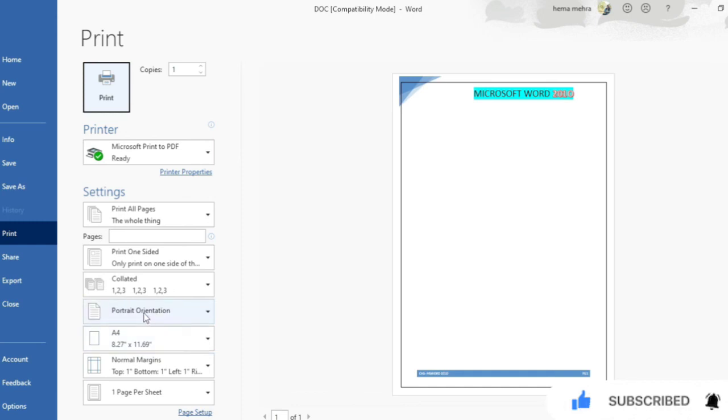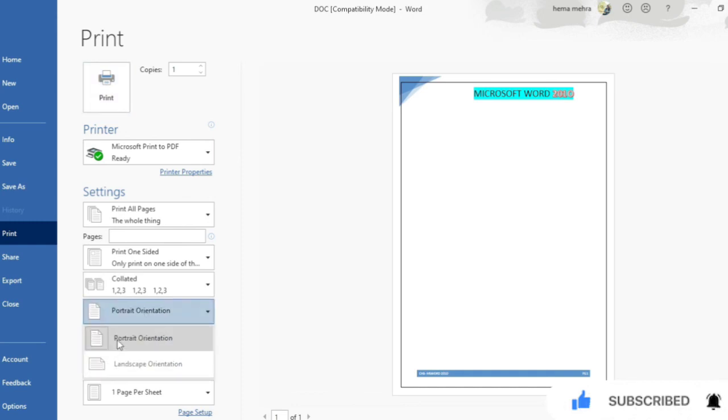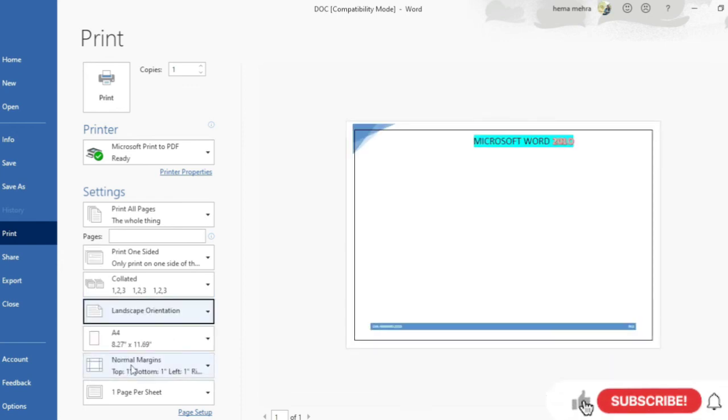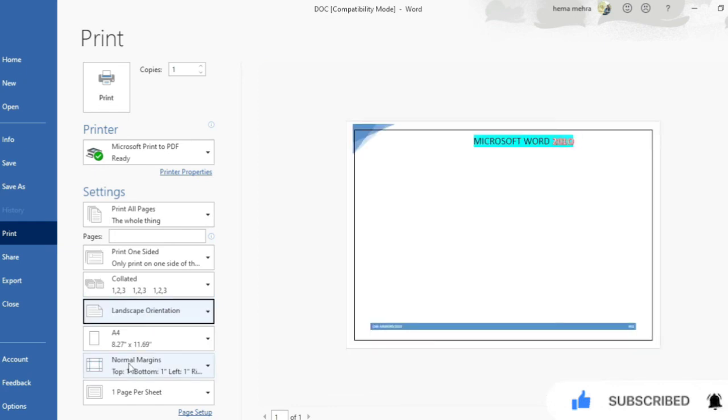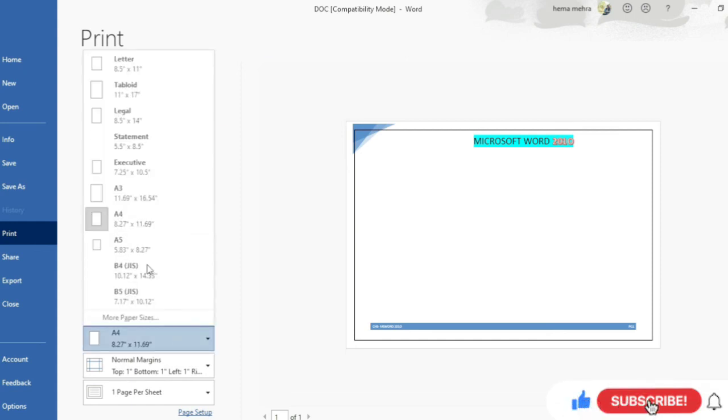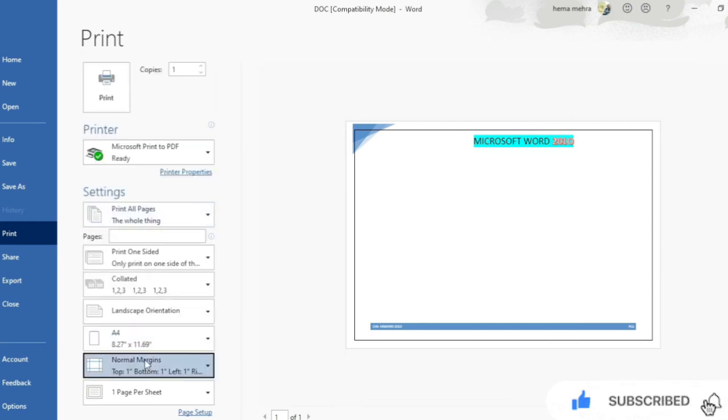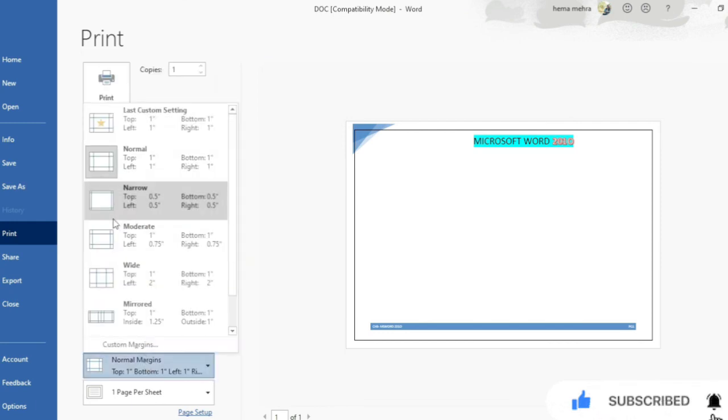If you want to change the page from portrait to landscape, from here also you can do it. Like I have converted this document from portrait. This is the portrait one, and this is the landscape. So this way you can change your document at the last step also, and here you can change the page size, and here you can set the margin of your document.